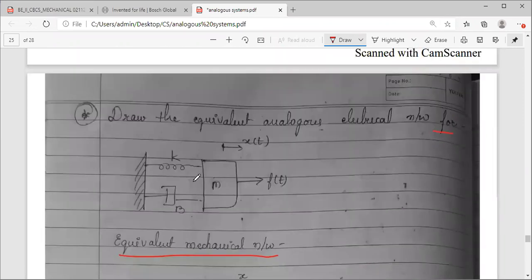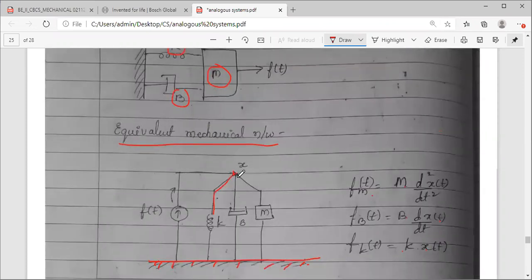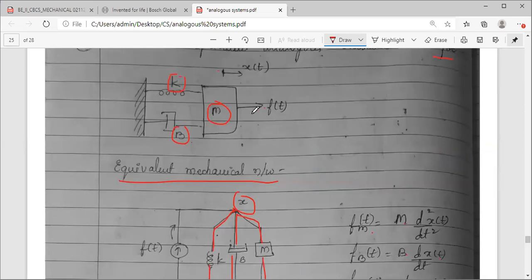Okay. Now I have to draw the different elements. So you have a mass, you have a spring, you have a damper. From the same node, draw all the 3 connected in parallel, right? So these 3 things are associated with only this node. There is only one node, so no need of bothering. Directly you can draw. And you have one more, that is applied force. From the same node you can draw applied force.